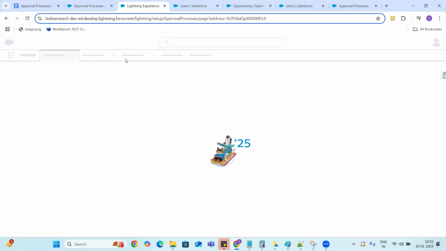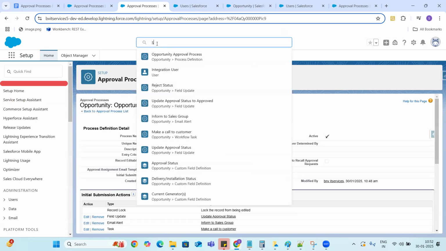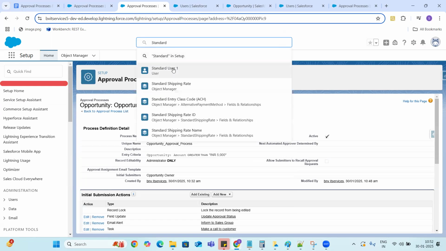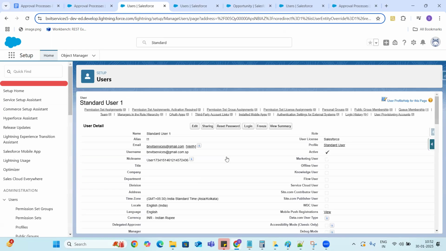Okay. Then let me just go through the standard user. So I'm going to log in as this user.